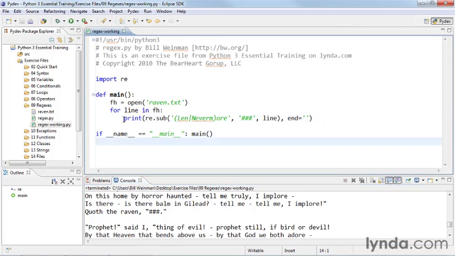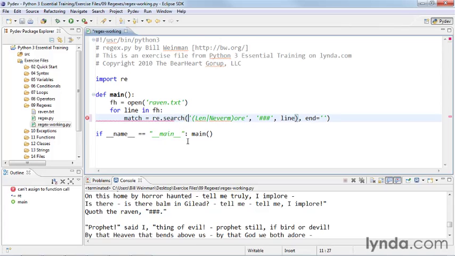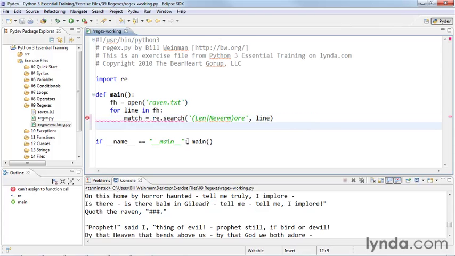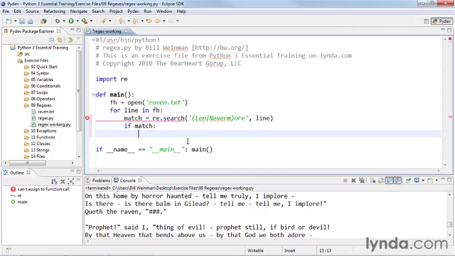Let's say though that we just want to print the lines where we actually found it and print those lines with that string replaced. So one easy way to do that is instead of putting the print here, we can do a search here and get the results of the search with match. And so we use the search function, just how we learned to do it before. And so search in line like that. And then if match, because we only want those lines where there's been a match, then we can do a